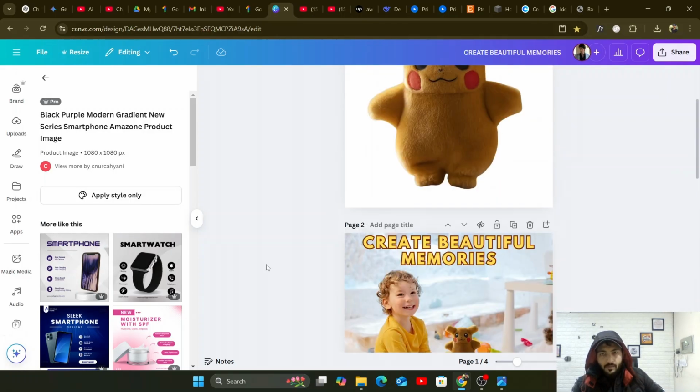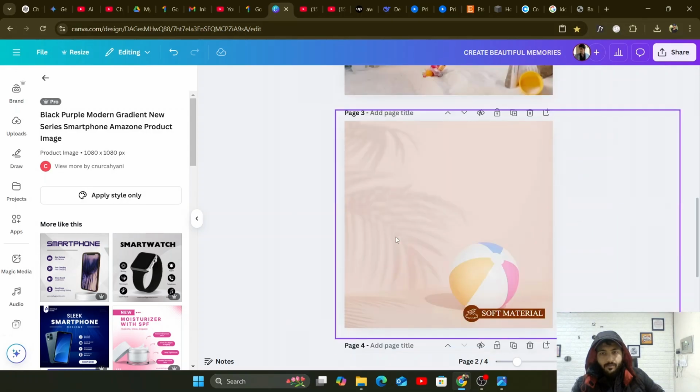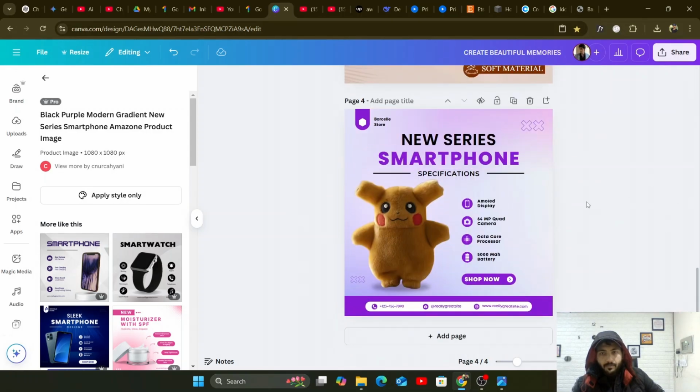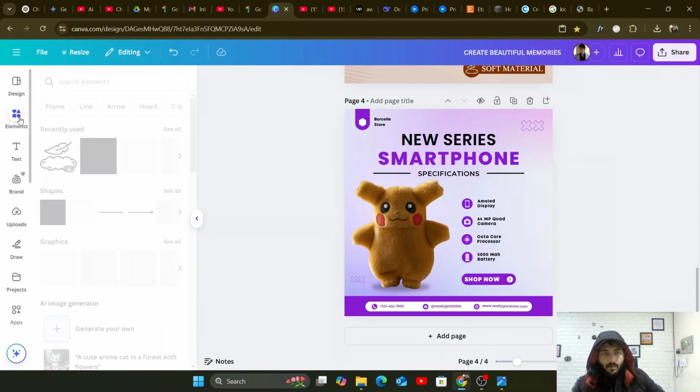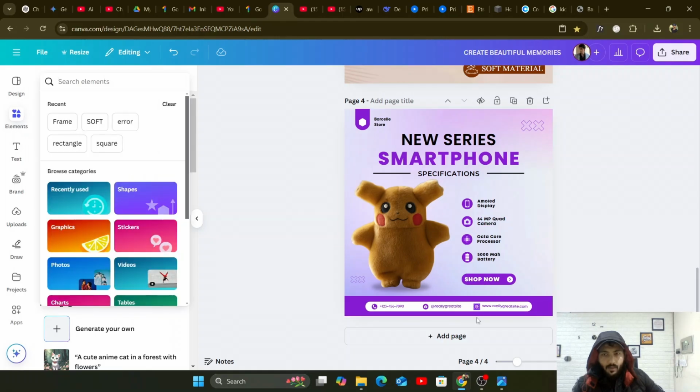Okay, so that's how you create a simple photo, and then a lifestyle photo, and then an infographic for your toy. Okay, so now I want to keep it simple, so let's move on to the next thing. I don't want to waste time in designing each and every corner of this picture, but you get the point. You go into elements, you find your element thing, and you just do that. Okay, now let's move on to the next thing,